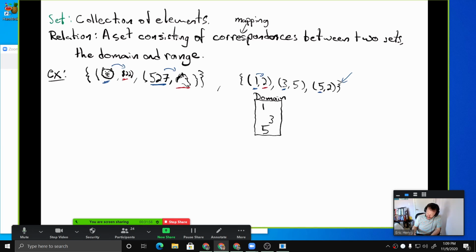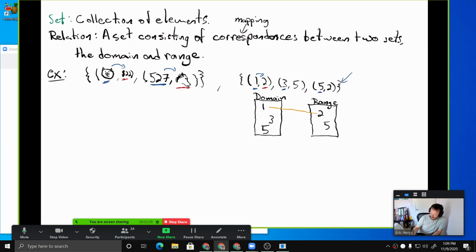So there's our domain. I'm going to draw on here the range, which is just 2 and 5. And the thing I'm drawing now is the relation. The relation isn't the domain. It isn't the range. It's the mapping from the domain to the range. So 1 maps to 2. That yellow arrow, that's part of the relation. That's this right here,